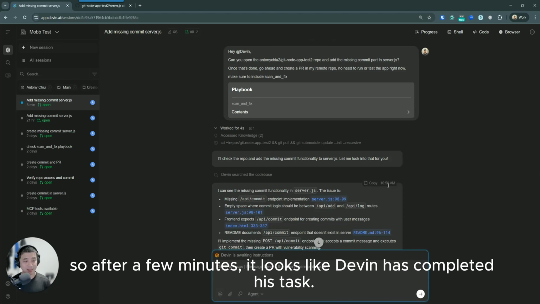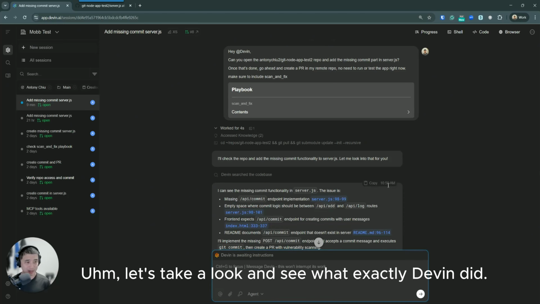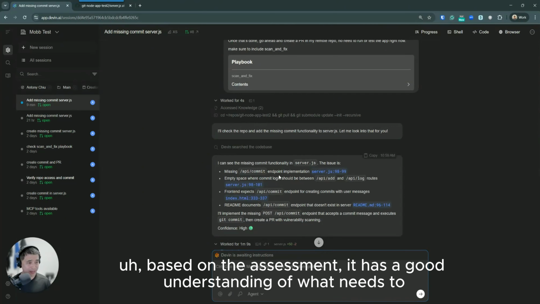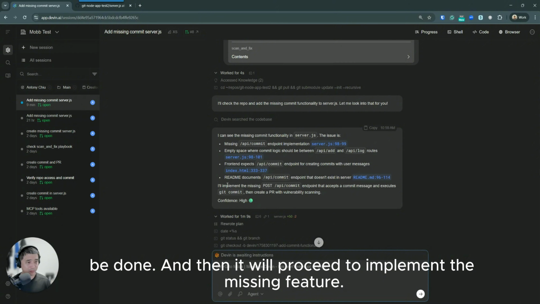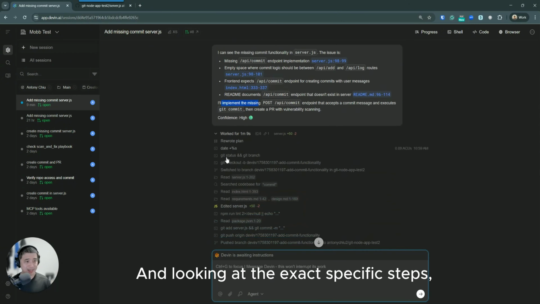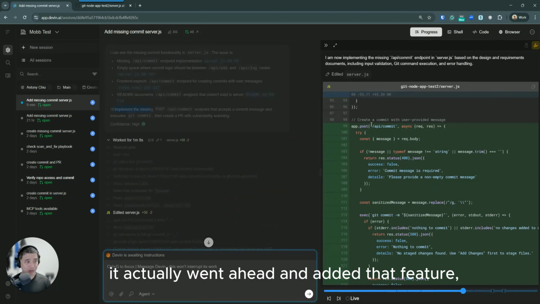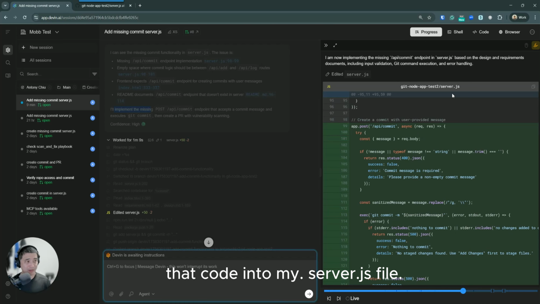Okay, so after a few minutes, it looks like Devin has completed its task. Let's take a look and see what exactly Devin did. So it looks like it read my server.js file. Based on the assessment, it has a good understanding of what needs to be done, and then it will proceed to implement the missing feature. And looking at the exact specific steps, it actually went ahead and added that feature, that code into my server.js